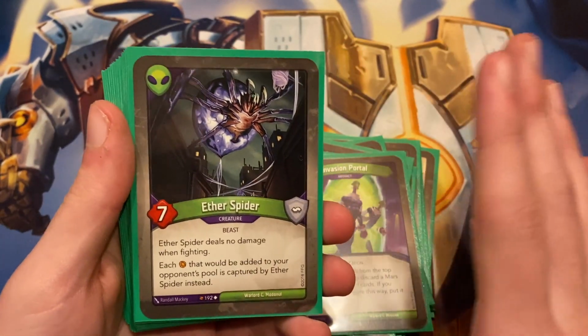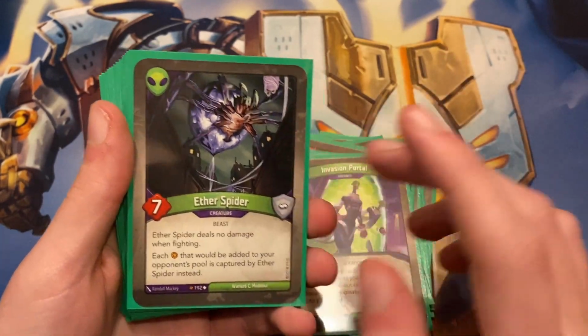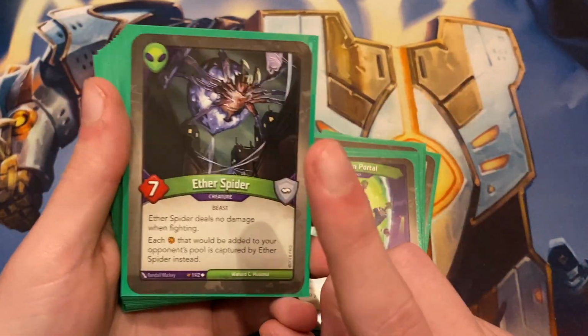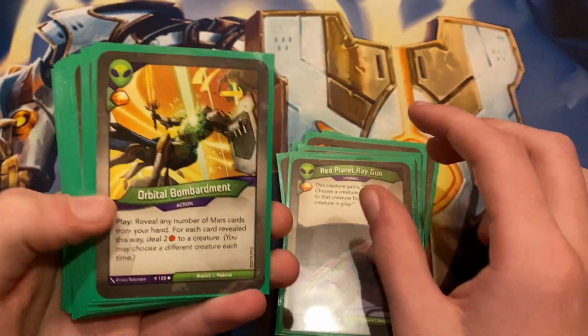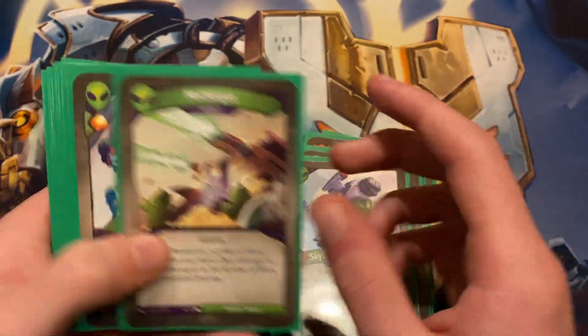Aether Spider, like I've said before, is one of my favorite cards ever, so to have a Legacy version of him in an Age of Ascension deck is super exciting. And then we'll go over the rest of the deck and the synergies that I have with this guy, because they're kind of cool. We have Red Planet Raygun, Orbital Bombardment, Xanthix Harvester, Beambuckler, Skybooster Squadron, Mother Gun, Mars Needs Ember,